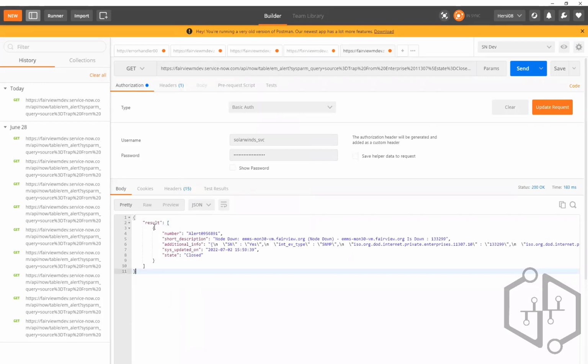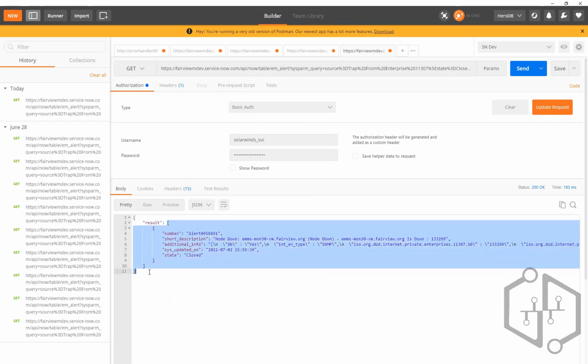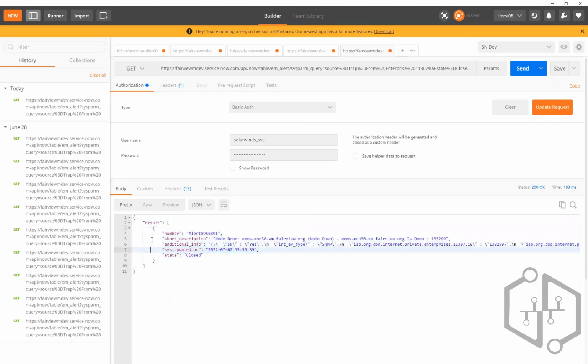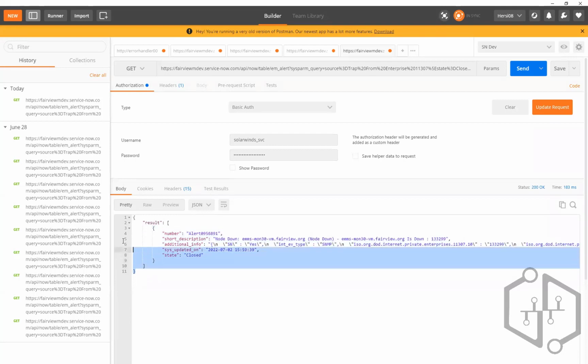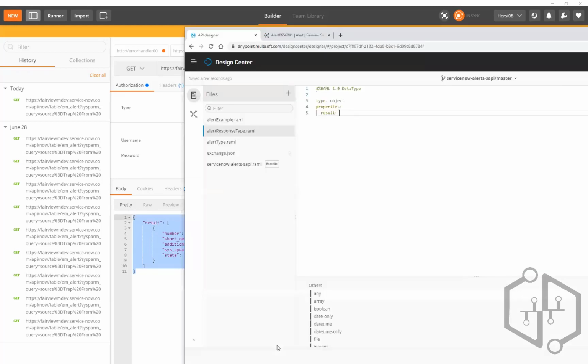What is the response? The response contains the result. Okay, object. The value of result is an array of alerts. Each one is an alert. Here, in this case, we got only one alert, but there's the possibility of getting multiple alerts, right? That's right. So I am designing this object where the result is an array of the responses. Okay. So here I can